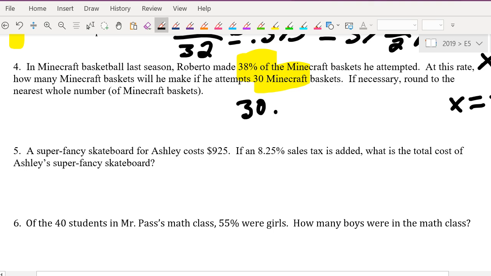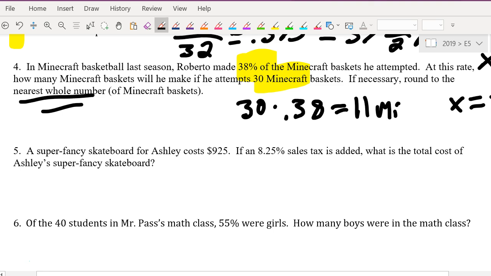Yes, because we're finding 38% of 30. So 30 times 0.38. You're done. Now, Mr. Pass, what if I want to use the box and the proportions for everything? Yes, you can. For every question on the test? If you really wanted to, sure. Okay, so 30 times 0.38, I have the answer. It's 11.4, but it's asking you to round to the nearest whole number. So it's 11